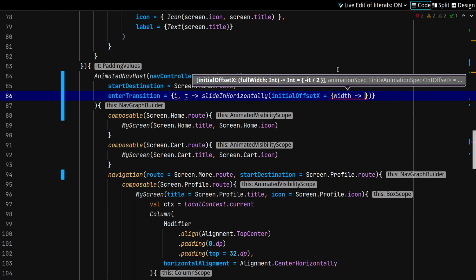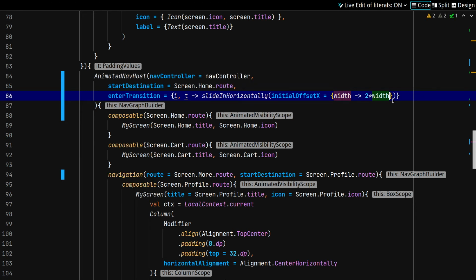I name it as width, and then I decide when to start its offset, what initial offset to use. I use 2 times the width because I wanted to enter the screen from the right,